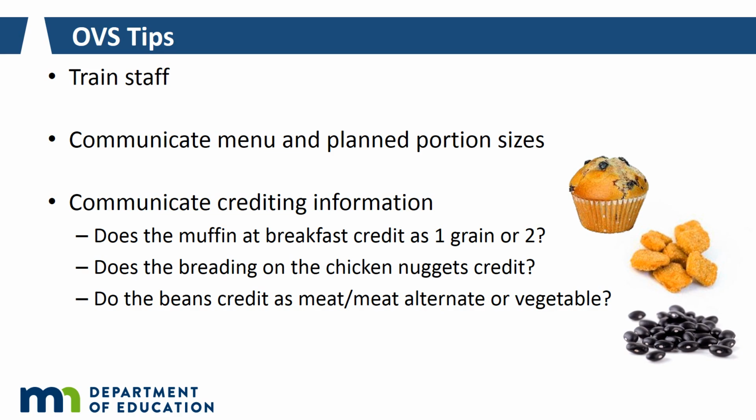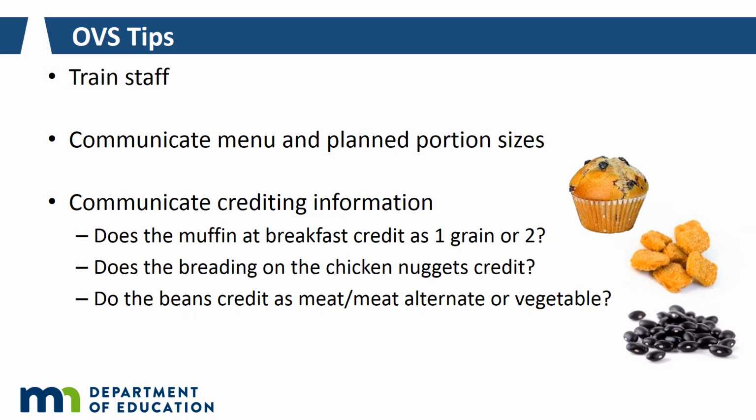Think about how you will communicate with your staff at the beginning of the meal service. They will need to know how each food item credits. For example, if a breakfast bread is offered, do staff know how it credits? Or at lunch, if breaded chicken is offered, does the breading count as a 1 ounce equivalent of grain? What if it only credits as 3/4 of an ounce, or is not whole grain rich? Then it cannot be counted as one of the 3 components, and staff at the point of service would need